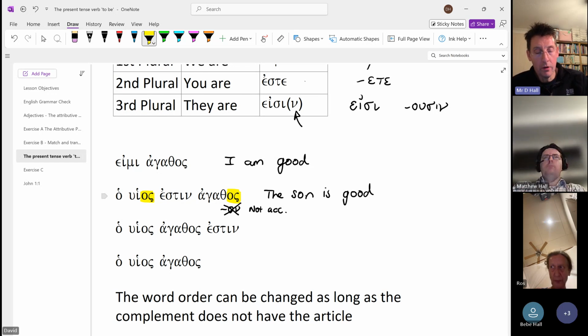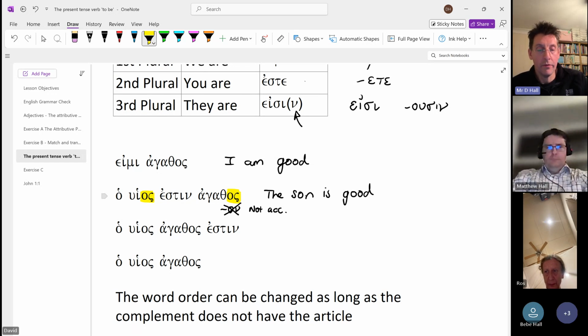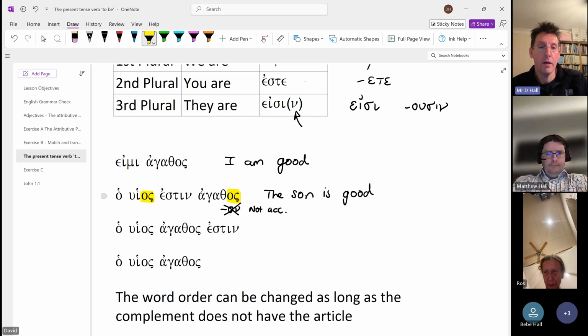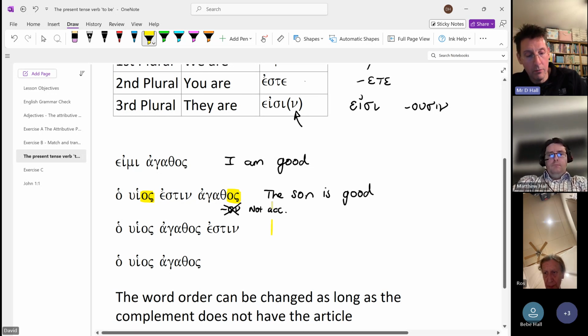Now, because word order is not important in one sense in the Greek language, it doesn't matter if you switch some of the words around, and you will find that Greeks will put words at the front and at the end of sentences to emphasize things. Quite often estin will just be put towards the back of the sentence so that they can bring the agathos further forward, but it still means the same. And so the sun good is still means the sun is good, right? And what we need to just look out for here